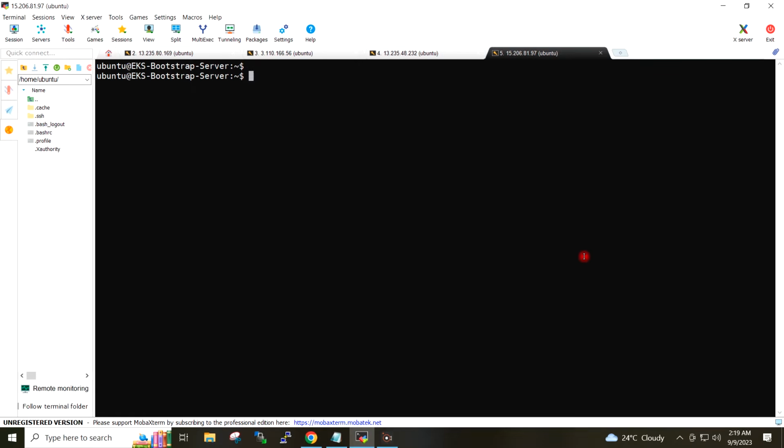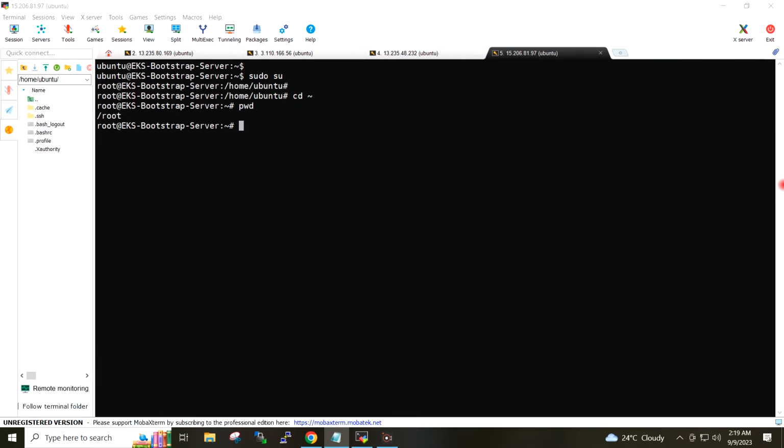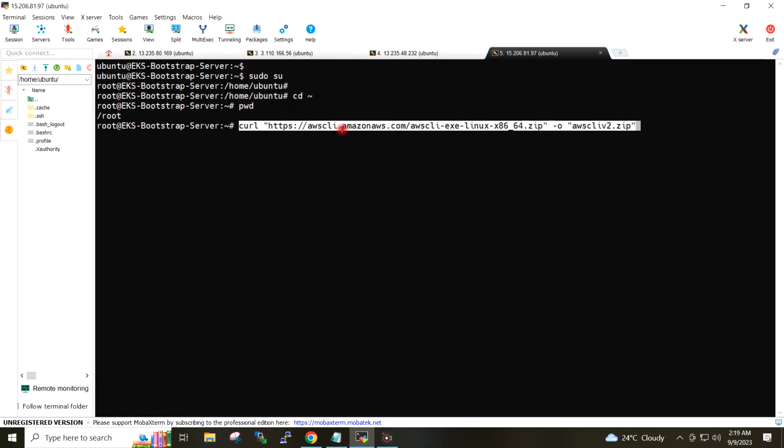I will now go ahead and install the AWS CLI in this server. So I will give the command to download the AWS CLI.